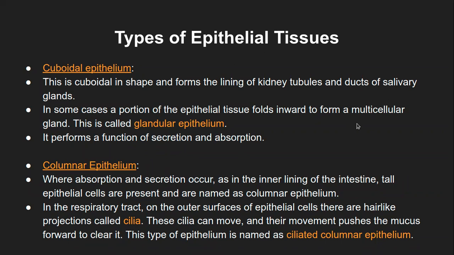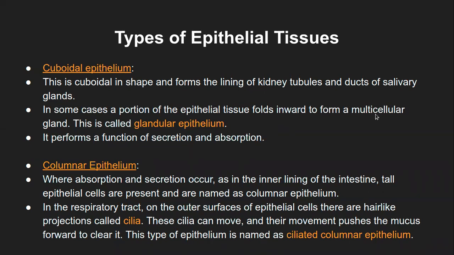So that is something like a glandular type of tissue which we had seen earlier. Saliva is a kind of secretion which is secreted by the oral cavity, and specifically the cuboidal epithelium of the oral cavity. So that is also secretory in nature. So that is the cuboidal epithelium.